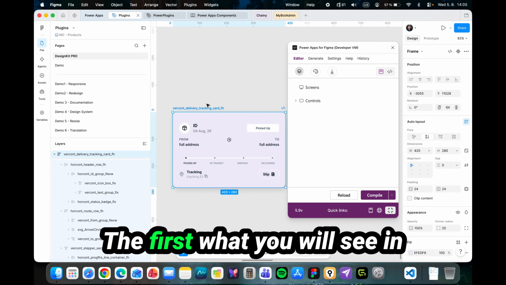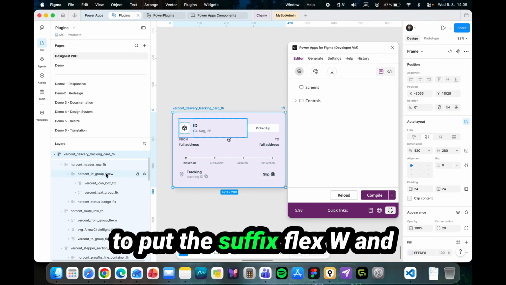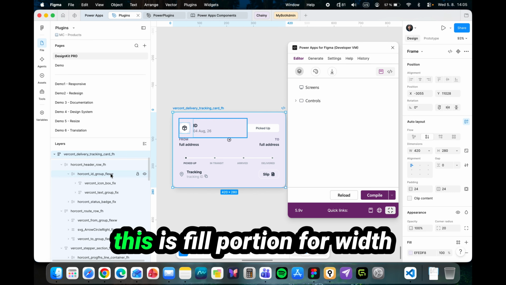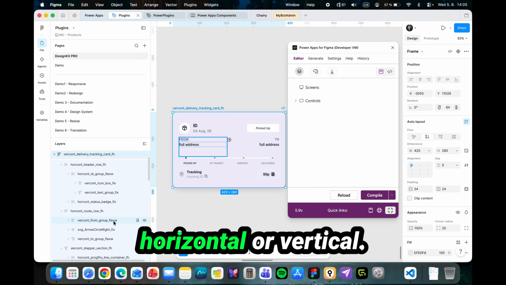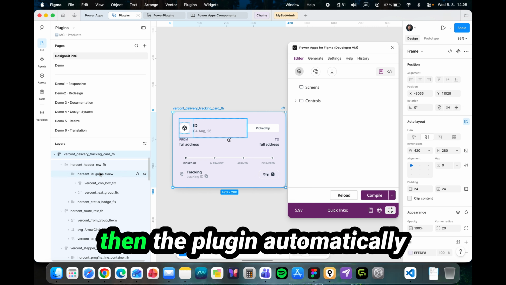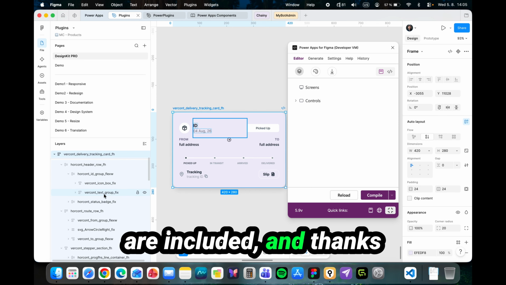The first thing you will see in the layers in Figma is that you need to put the suffix flexw and flexh, which says that this is fill portion for width and fill portion for height, depending on whether it's horizontal or vertical. When you specify the suffix, the plugin automatically calculates how many children are included, and thanks to this